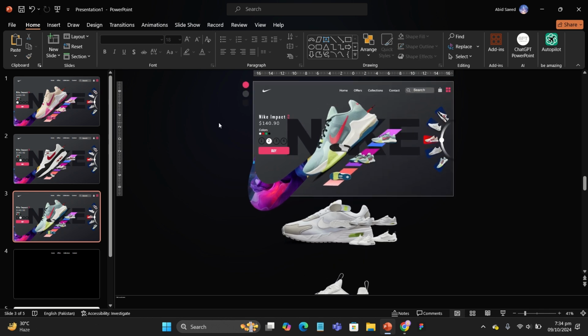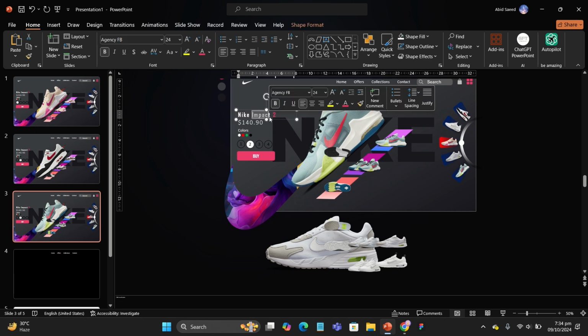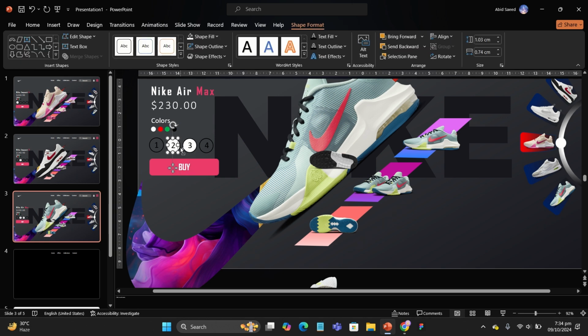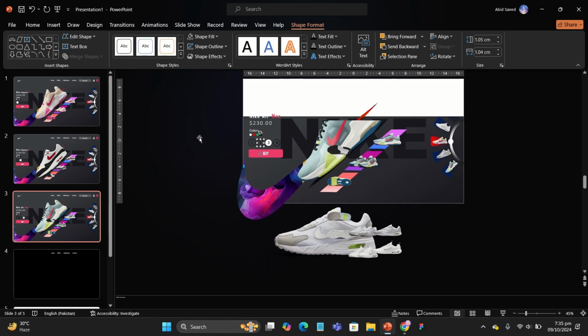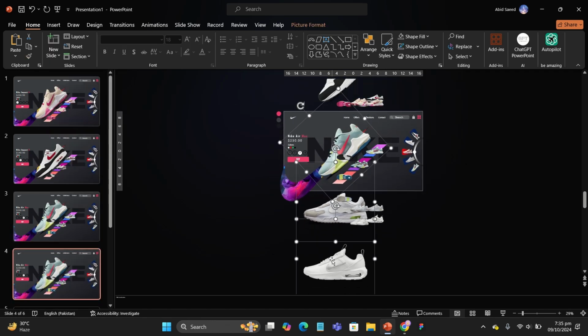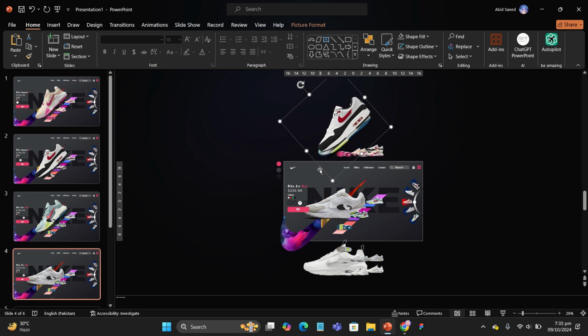Move some of them upwards and move some of them downwards by ungrouping them and change the title of the shoe, and we're gonna change the price and the color, and we're gonna change which model that is as well. There you go. Now duplicate the third slide and we're gonna move that shoe upwards,